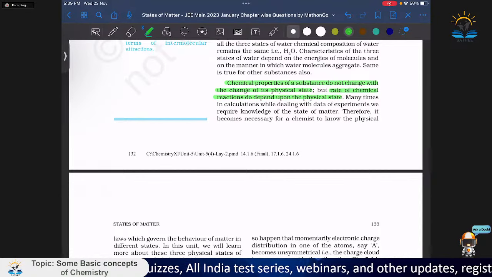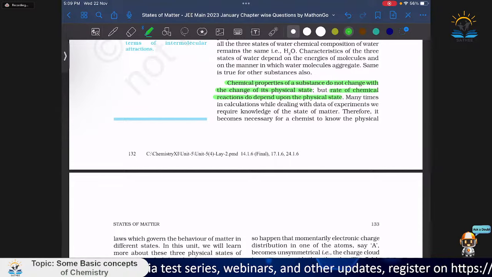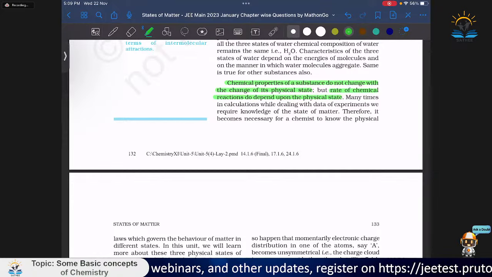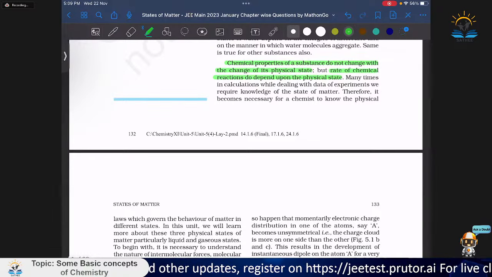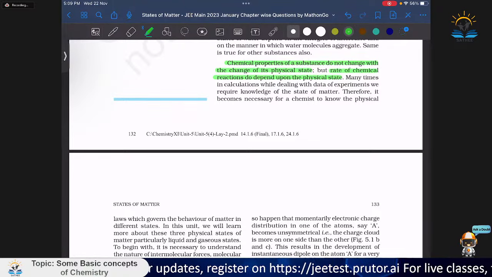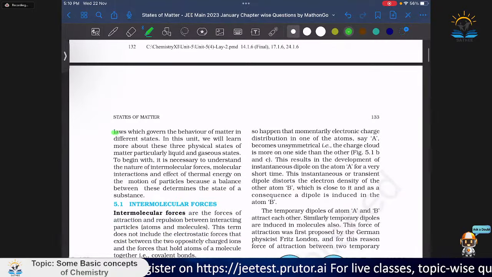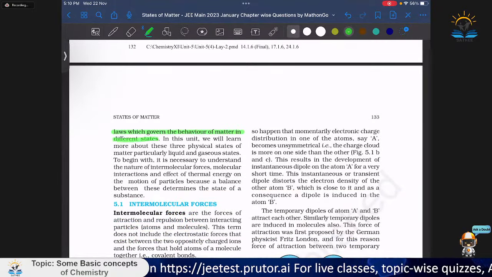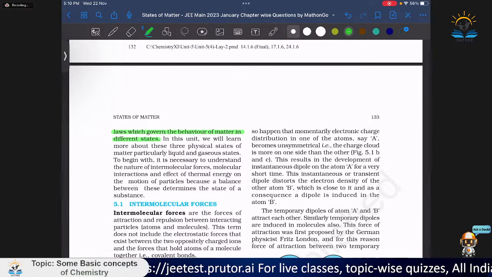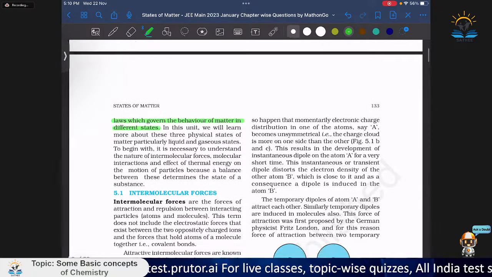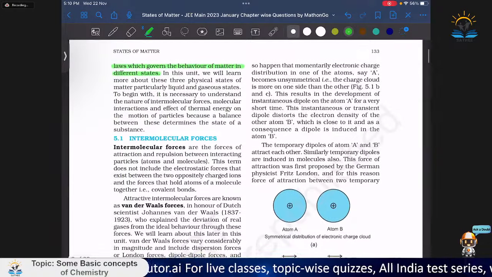That is why we need to know the properties of different states of matter. These properties will help us to determine which is the appropriate state of matter we need for a reaction, and why. All right. We need to know the laws which govern the behavior of matter in different states. That is the importance of this chapter. So we move on to the